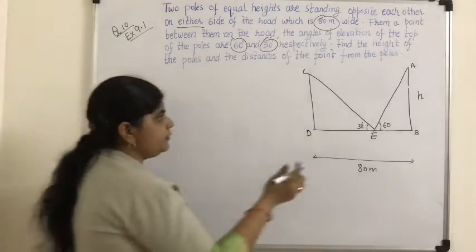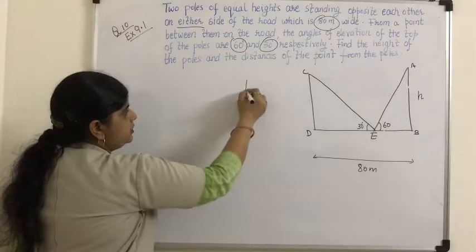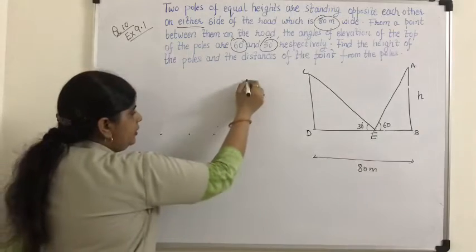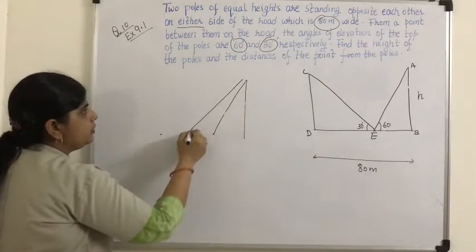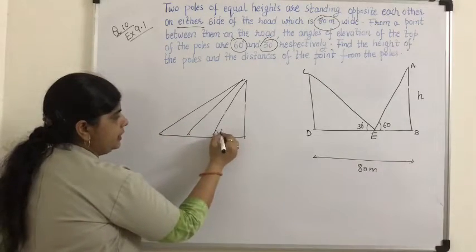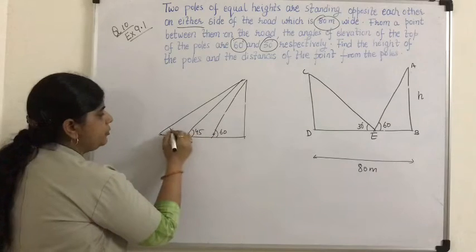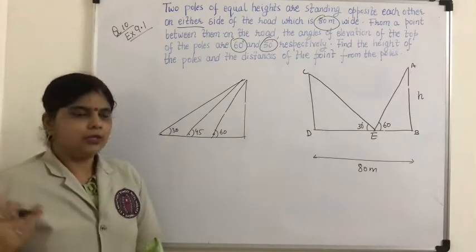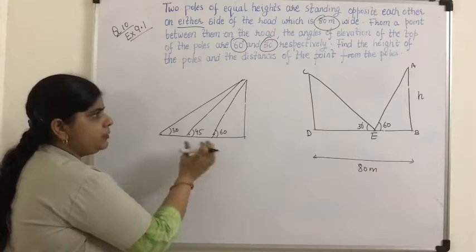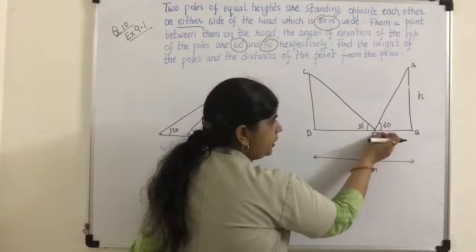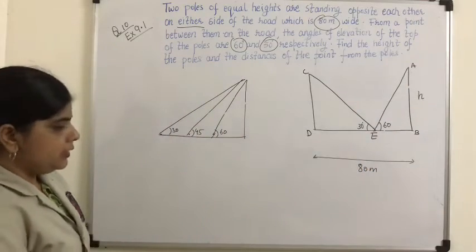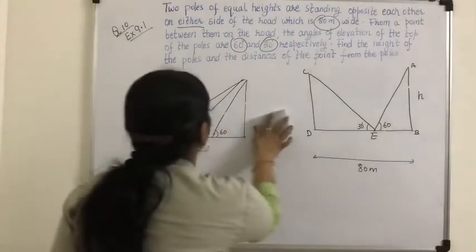Now, how I have drawn this, one point I will give you. Children, suppose you are looking at tower from a point, three different points are given, right? Now, the more nearer you are, more will be the angle of elevation. For example, this angle, if it is 60 degree, then you will see as you move far away, the angle of elevation decreases. Okay, so you have to remember this point whenever you are drawing. So if I have chosen a point somewhere near a tower, the angle of elevation will be more for this, right? Now we'll start solving the question here.